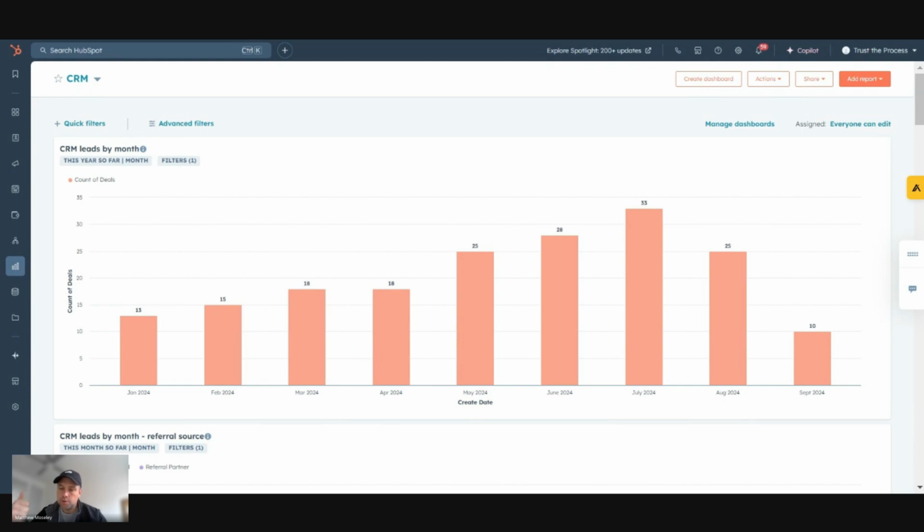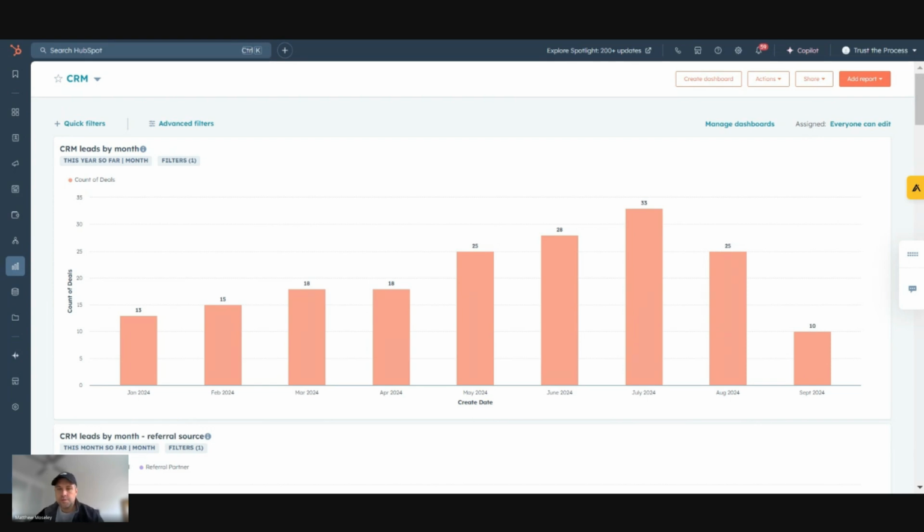So number one, that forces people to keep data accurate because they're briefing on it and it's expected. And then number two, it keeps us looking at the reports, and it allows us to analyze real-time data and see, all right, we've won this many deals, we've attracted this many new contacts this week. A really easy way to make sure data is correct in HubSpot, but then also to make sure that you're using HubSpot.